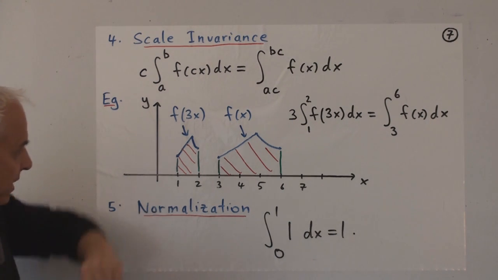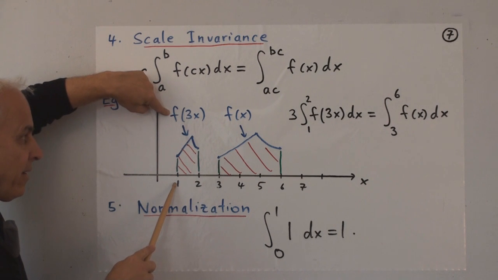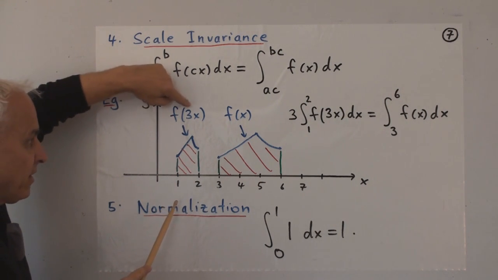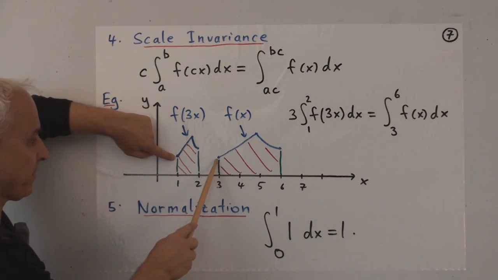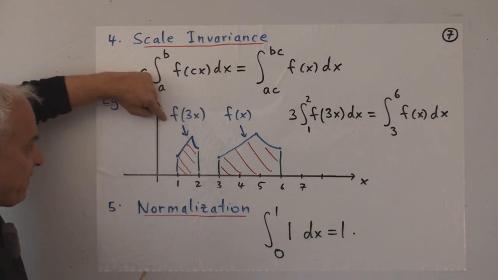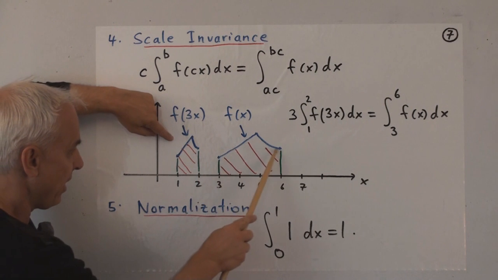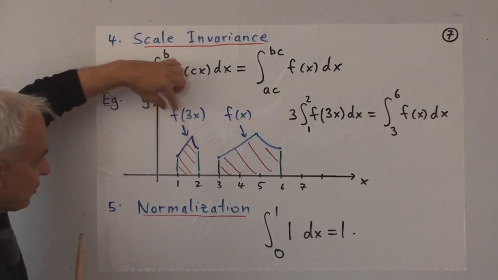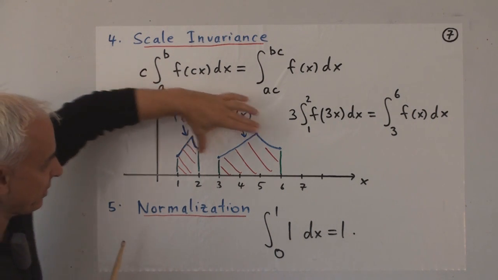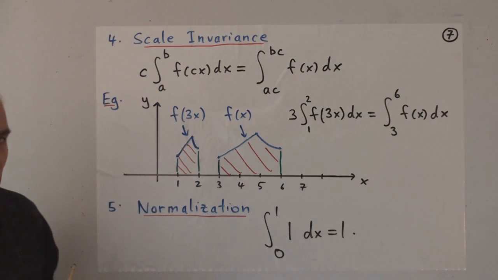So let's see how we can see that. The function f of 3x at the point x equals 1, well, that's f of 3. So that value is going to be the same as the value of f at 3. On the other hand, the value of this function at 2 is f of 3 times 2, or f of 6. That's going to be the same value as function f of x has at 6. So the effect of putting this 3 in here is that we're scaling all the values over by a factor of 1/3.